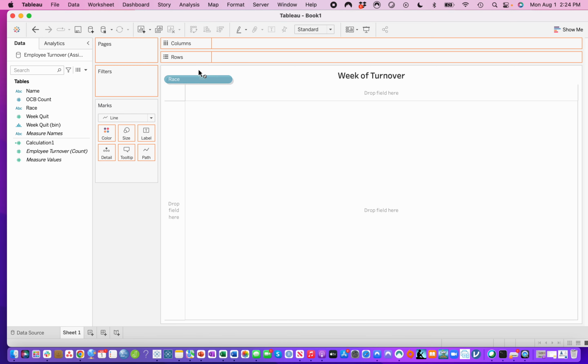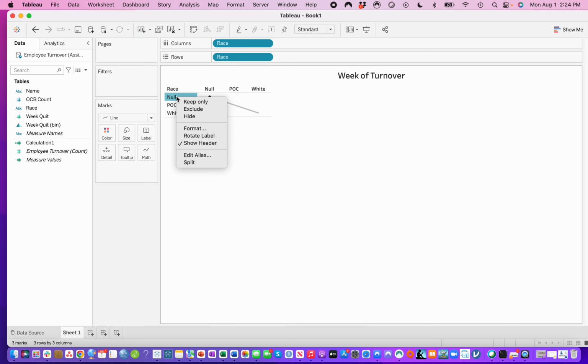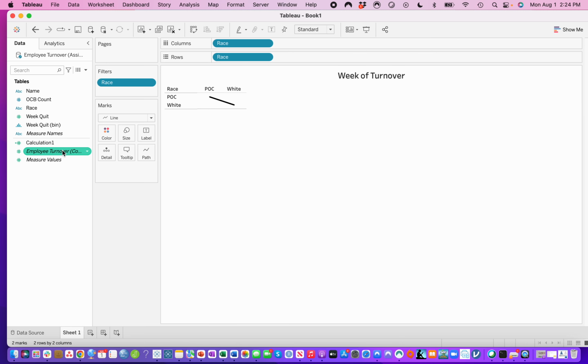So I'm going to put race in both these columns, which will look kind of weird. I'm going to delete the null thing again because I don't need it. Exclude. The reason I had the nulls is because when I made the density graph, you know how it started at 0, 0, it just made it go down a little bit to a 0 point, so it's a true density graph rather than this line looking thing. So I just added in the 0 data point on my sheet to kind of go along with that,